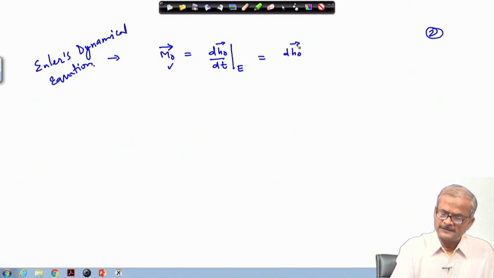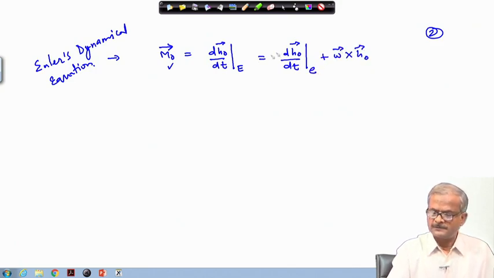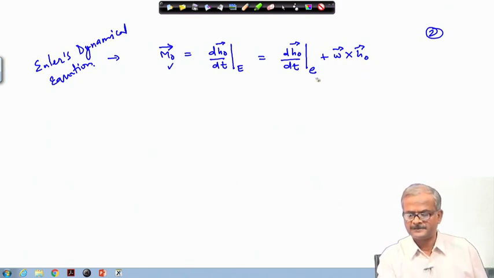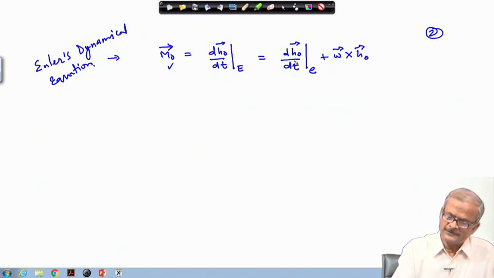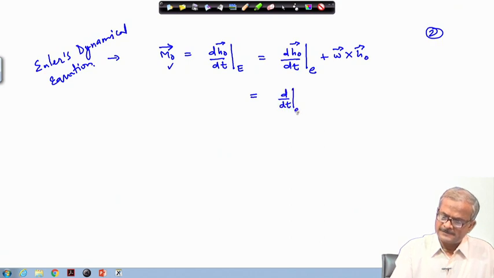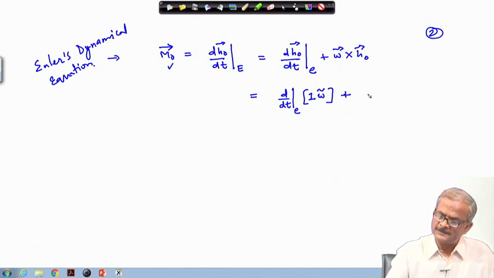So, as indicated earlier, this can be written with respect to the small e frame and then omega cross h 0. And how do we do this? We have already discussed this in the transport theorem in the mechanics, so I will not repeat it here again. Now, h 0 you know, and therefore d by dt we can write with respect to the E frame, and in terms of matrix notation this is I times omega tilde, or you can write it in terms of the inertia dyadic, and here this quantity will get reduced to omega tilde cross h 0, which is I times omega tilde.